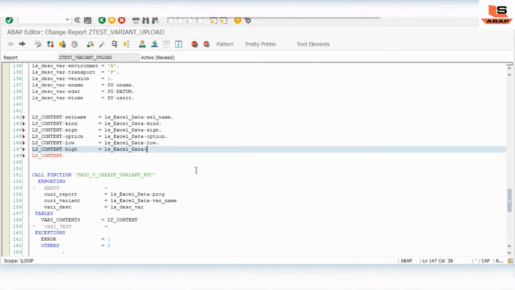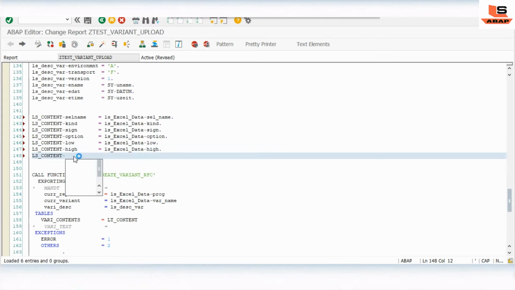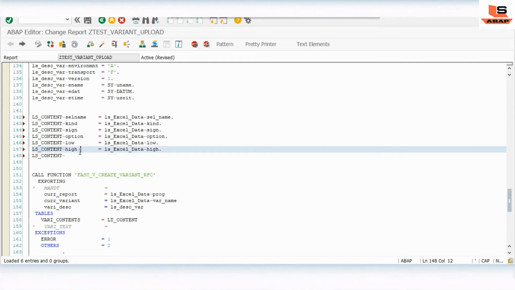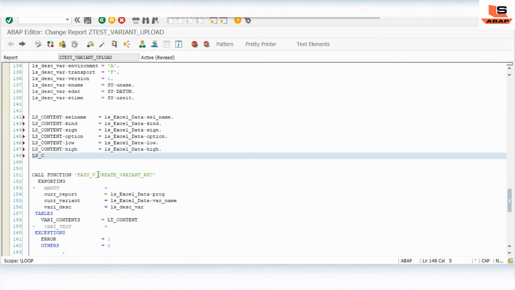Here also we have a high. Okay, let's check 1 2 3 4 5 6. Let's see if we miss anything or not. 1 2 3 4 5 6. Okay, we have done with all the content, so let's keep. And what we'll do, append